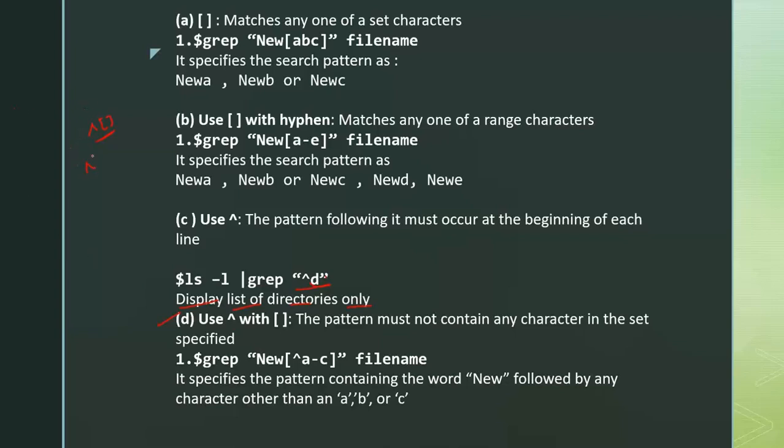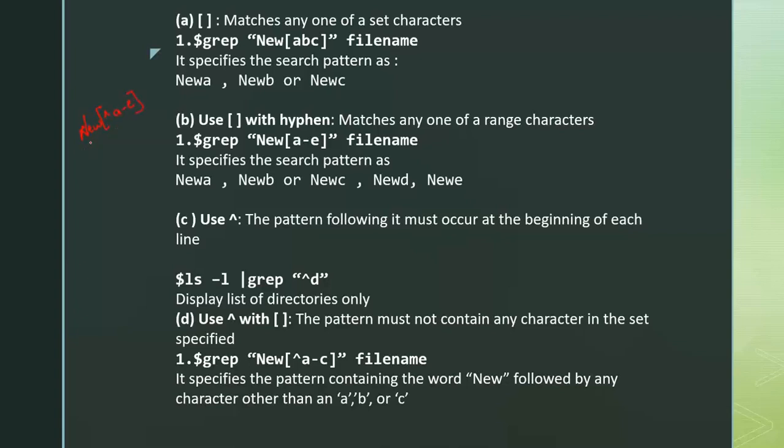Previously we have seen, if I write new followed by A to E, the first three letters should be new, and after that it can have any letter between A to E. So if I write something like new, exponent symbol, A to E,